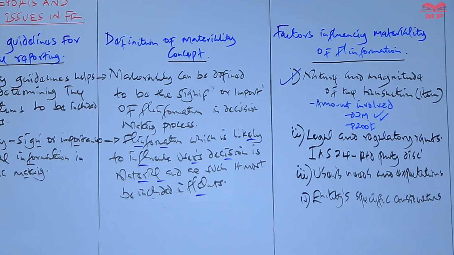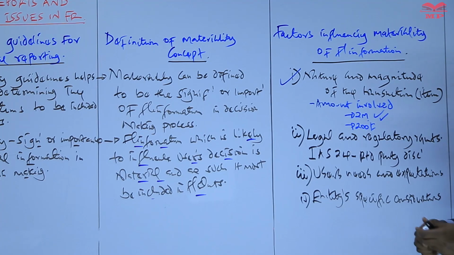It means there is financial information which must be disclosed by certain companies operating in certain industries. Therefore, if such items are not disclosed, irrespective of the amount involved, then the financial statements prepared by such a company are misleading, and they are likely to affect the decisions made by the users of those financial statements.